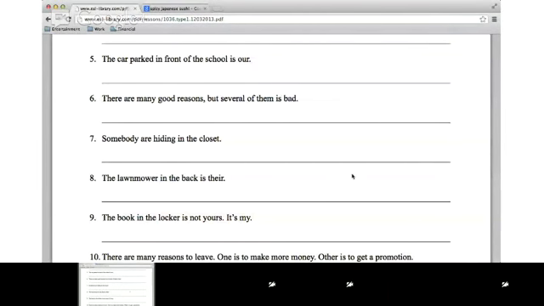The car parked in front of the school is, oh, I'm not sure. Ours? Yeah, very good. It's ours, okay? Now, the reason why you know that, number 1, this is going to be a pronoun. It is a pronoun because there's not a noun following that word, and also because it is following a form of the verb to be. You see that? So we have is,